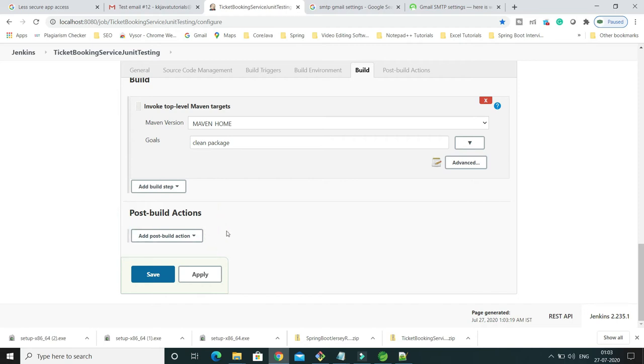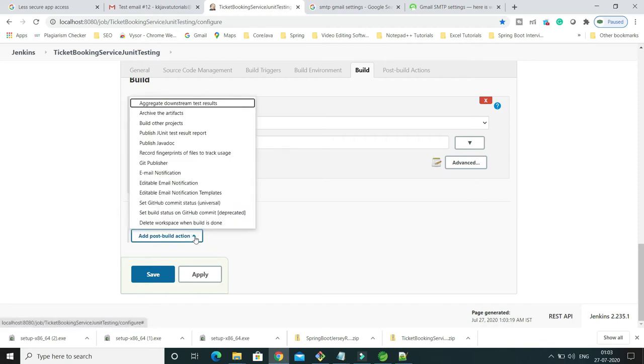If you look into this drop down, we have a few options for email. First we have email notification, then we have editable email notification.